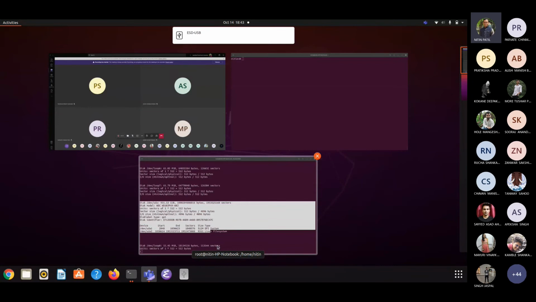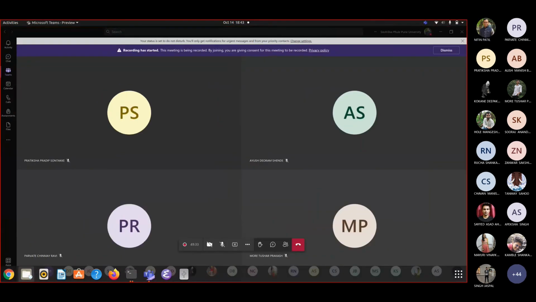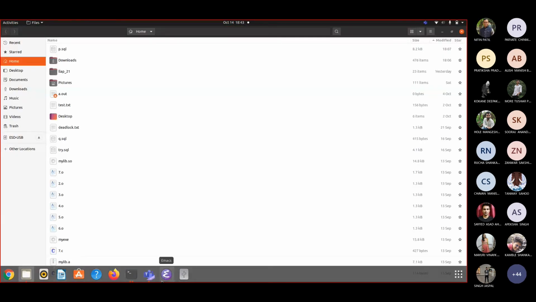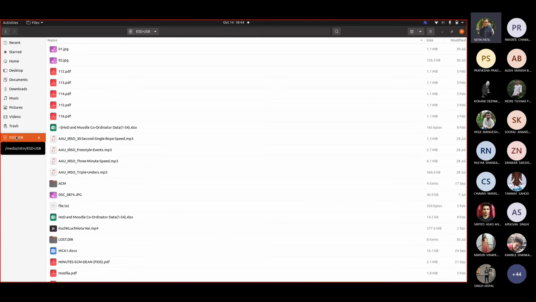Let us see if you will see after Emacs, one icon got added. Okay, wait for a while. It is recognizing the device. Because of the storage, it may take some time. Yeah, so you can see, for example here, this is the storage that I have. So this is my pen drive, correct? This is my pen drive, and it contains some files, correct?